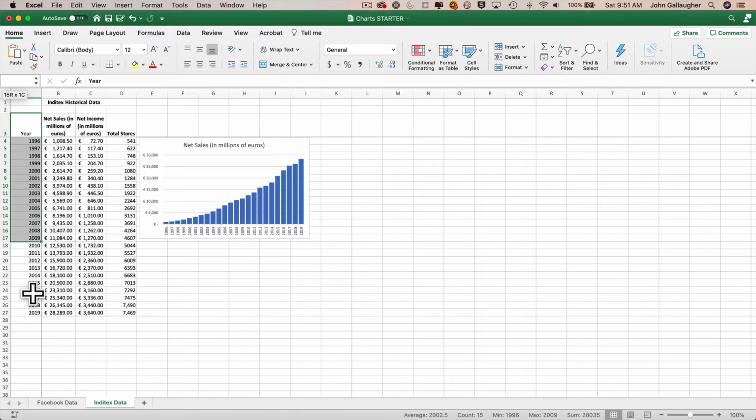So I could highlight A3 through A21, then hold down the Command key on the Mac or the Control key on Windows, and then click and drag from C3 through C21. But if I did this and went up to Insert, I'd have to recreate everything that I've already done on the chart from scratch. So I'd have to change the number formatting, I'd have to change the column width on